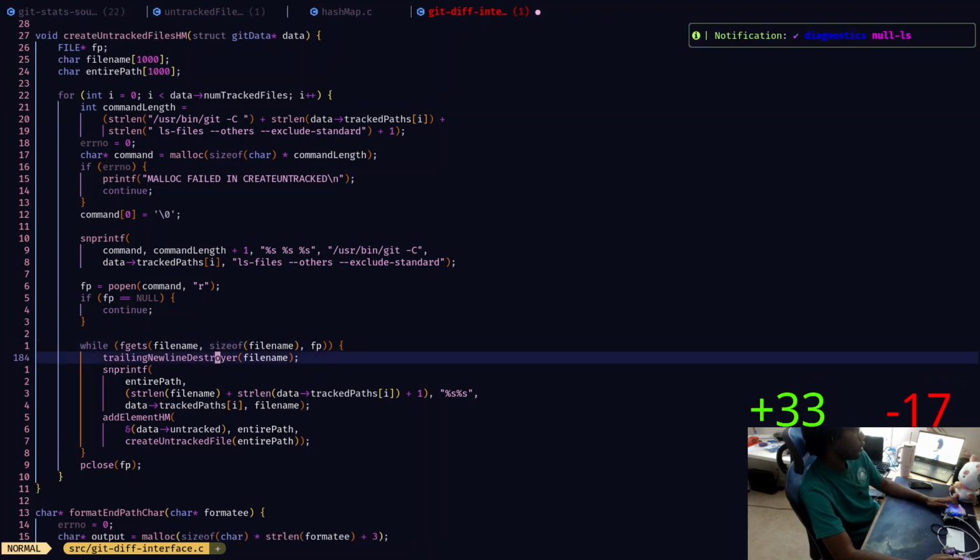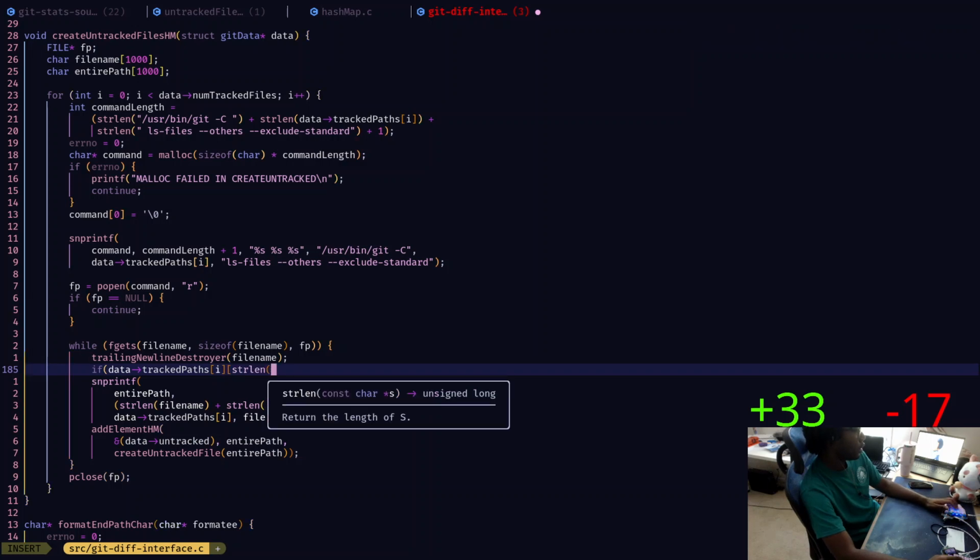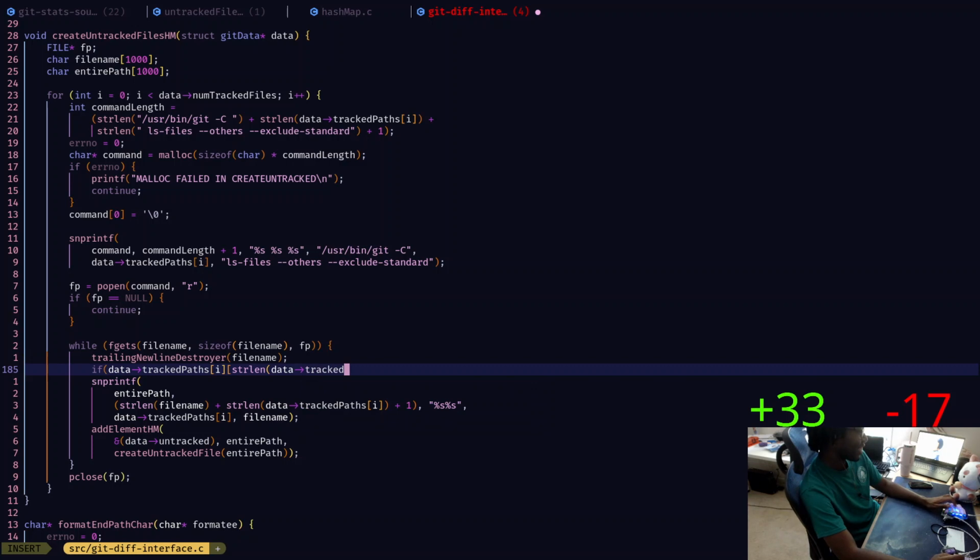I don't want to create another array though. So we could just say tracked paths, where for the string length of tracked paths the i minus 1 equals or